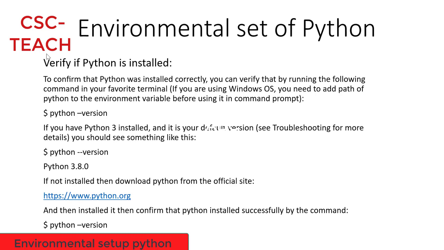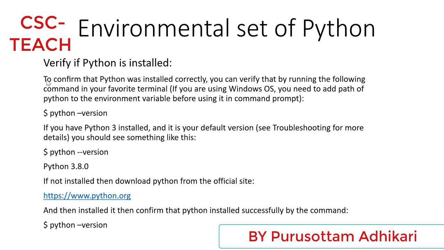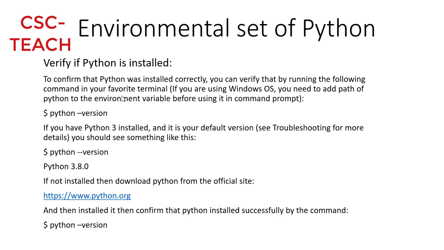Environmental setup of Python. Verify if Python is installed in your PC or not. To confirm that Python was installed correctly, you can verify that by running the command in your favorite terminal. By running this command, python --version, you will get whether Python was installed or not. If you are using a Windows operating system, you need to add a path to the environmental variable